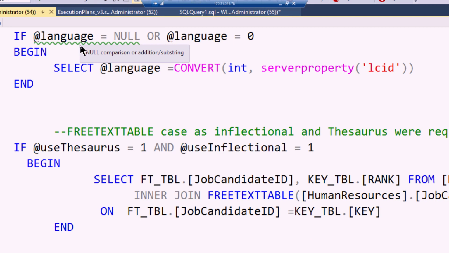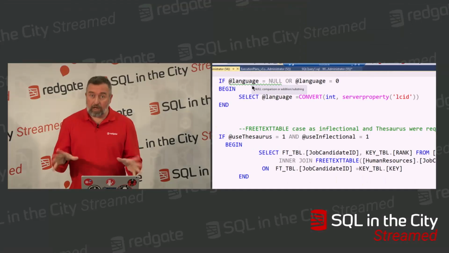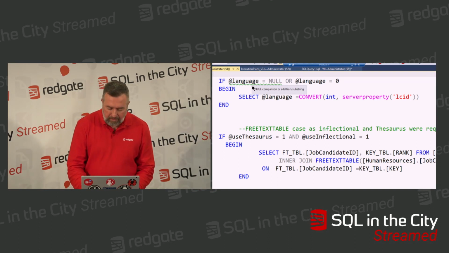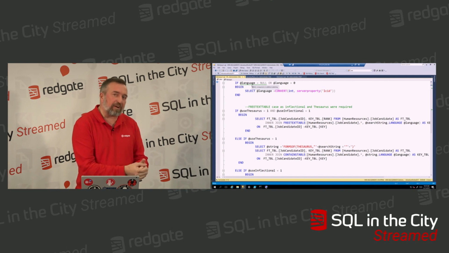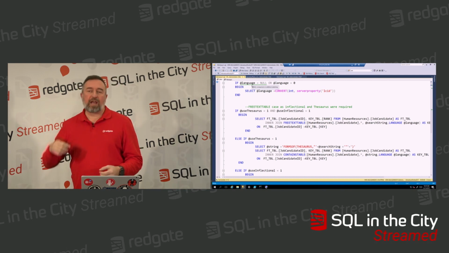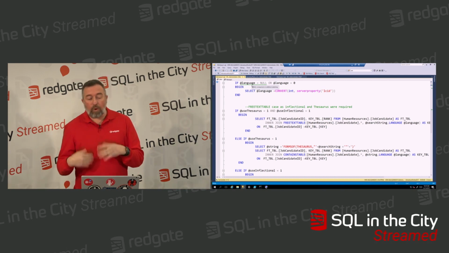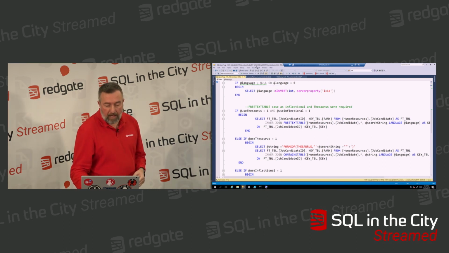This is cool. Of course, these are examples in AdventureWorks, and the examples in AdventureWorks are some of them intentionally problematic code, right? So it's not that big a deal that we're seeing it here. But I just wanted to show you that you can see these things and identify them as you open up your scripts and be able to go through and do the checks. Now, what checks do we have available? Let's take a look at that.